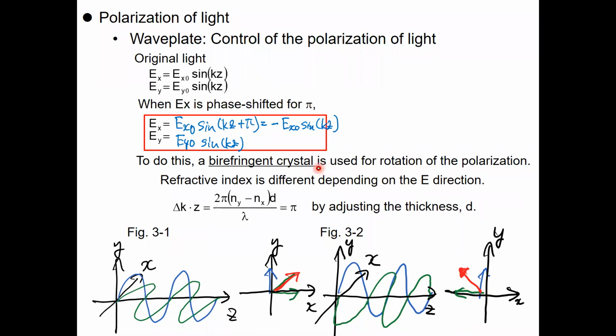Just by rotating the birefringent crystal, you can rotate the polarization direction. In principle, if you have a birefringent crystal like this, with an X direction and a Y direction,